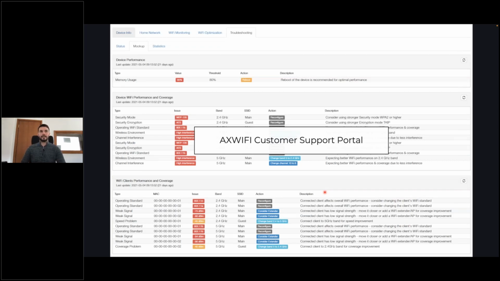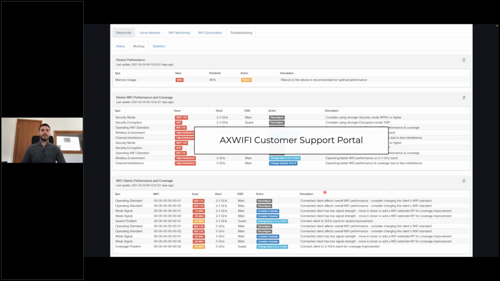It is important for the customer support personnel. And I always say in my presentations, if I was on the helping side, I would automatically go to this page and see all of the issues which are happening on the device. This is currently the mockup page, meaning that it displays all the possibilities which can happen to the device.